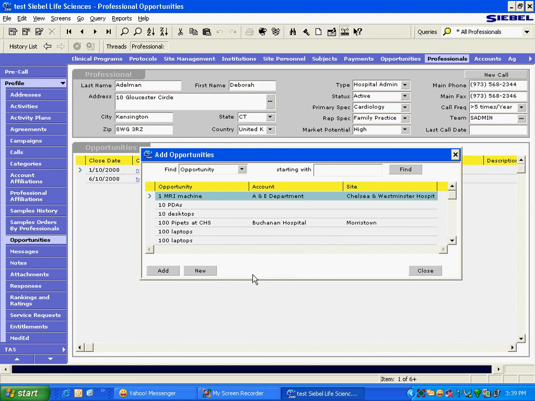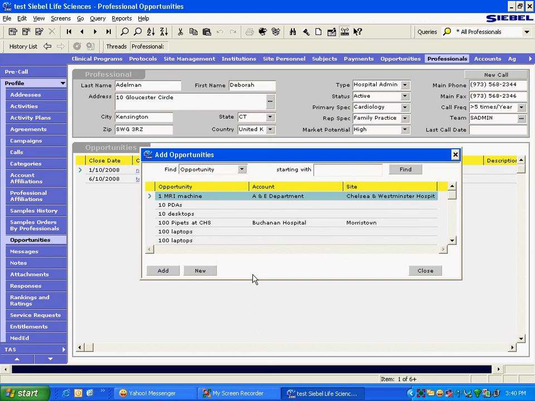This list should be filtered by all those opportunities which are related to all the accounts associated to this one parent contact, in this case Deborah Edelman. Deborah Edelman could be associated to many accounts.